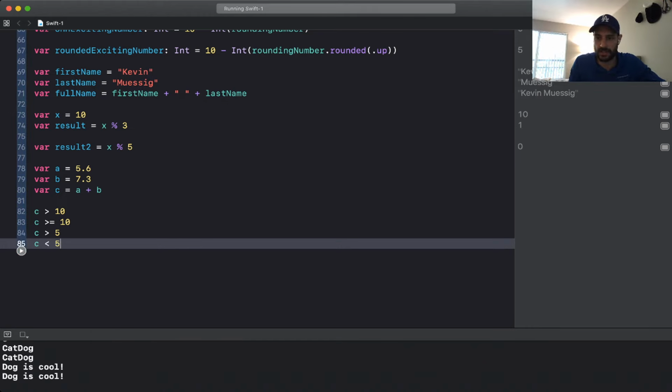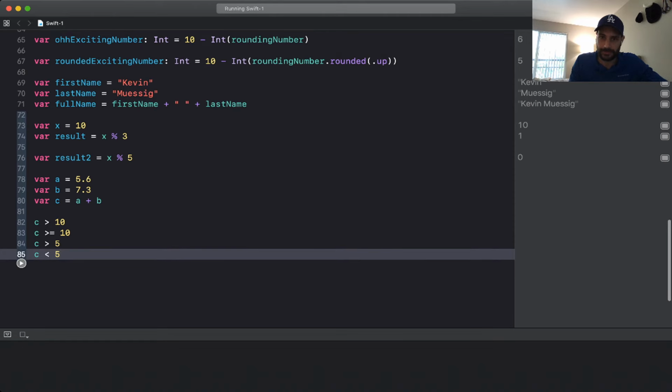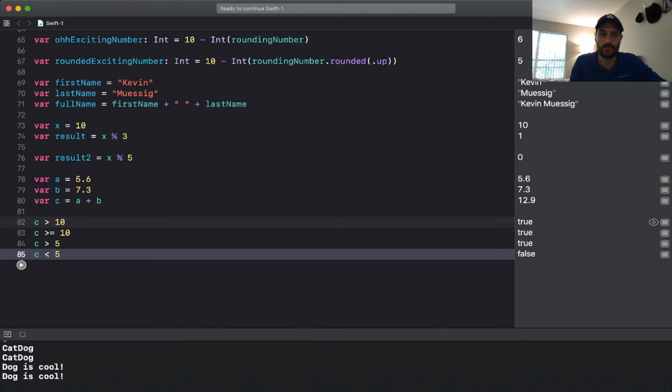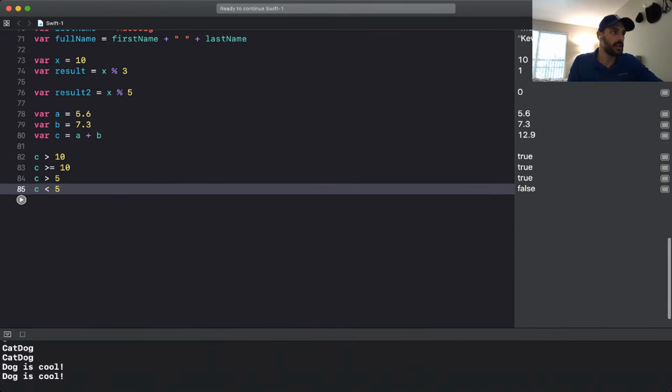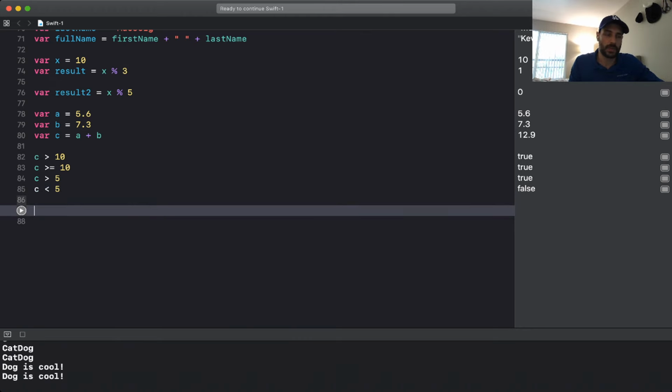And we should actually see some Boolean values showing up here telling us whether that's true or false. So we can see true, true, and false. So this is basically how you can use those comparison operators here, and we can use them for all sorts